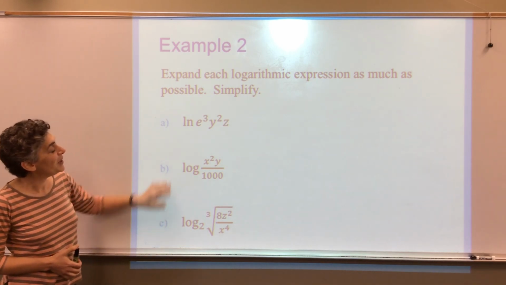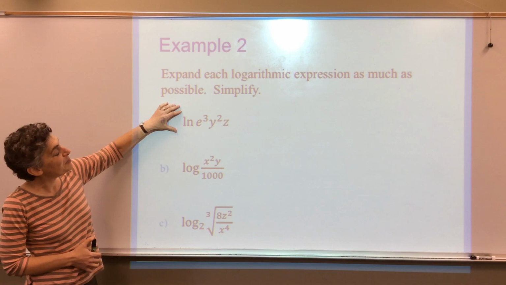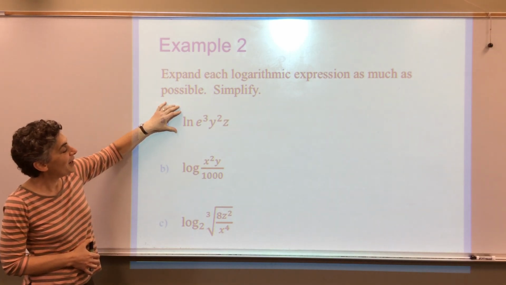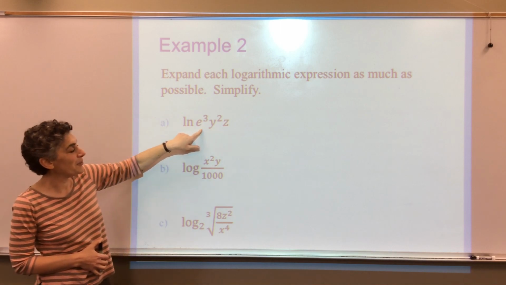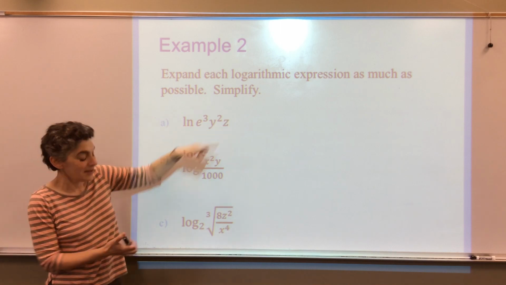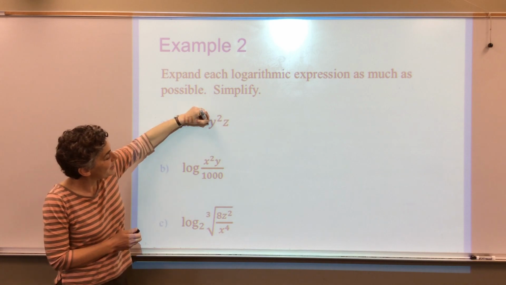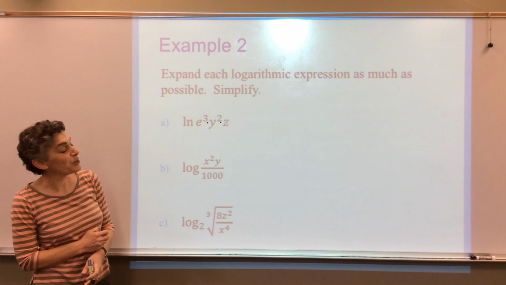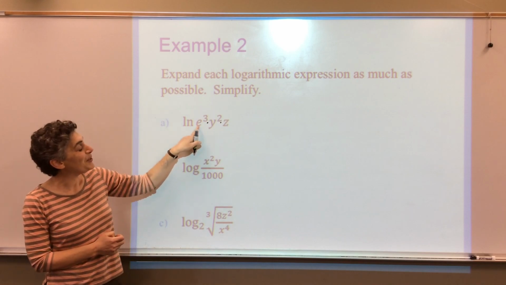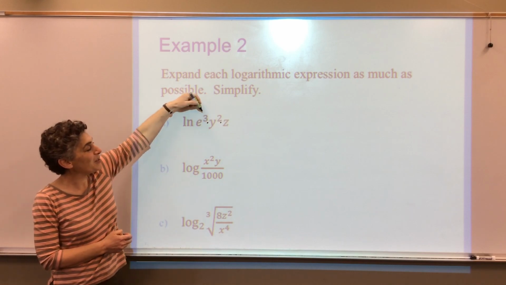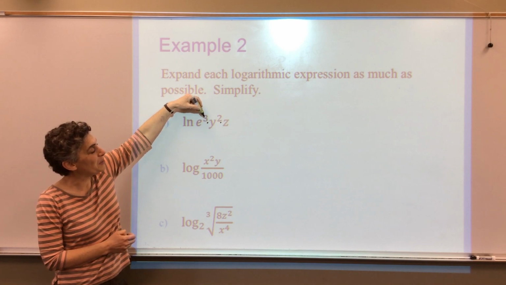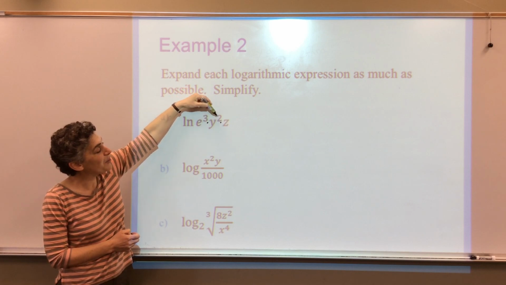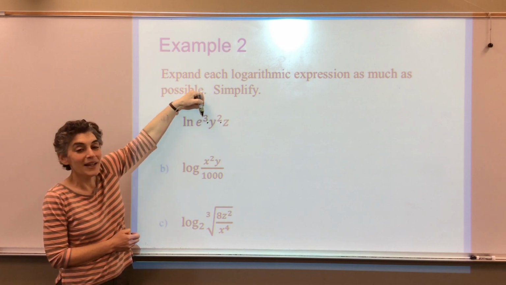Examples. In part A, they ask us to expand each logarithmic expression as much as possible and simplify. This expression does not appear to be a fraction. It is a product, with three factors, e to the third, y to the second, and z, all multiplied together. Each of the first two factors has its exponent as well, so we're going to be using both the product rule to split up the product into several parts, and then the power rule on each of those first two